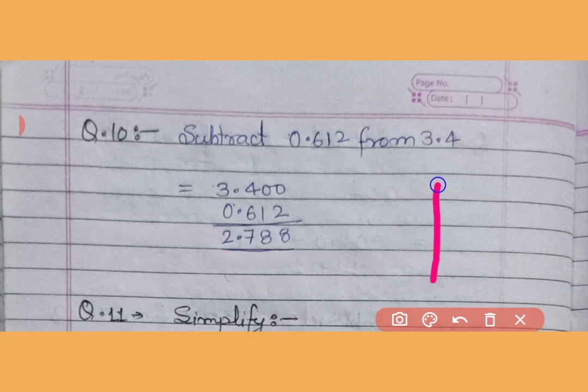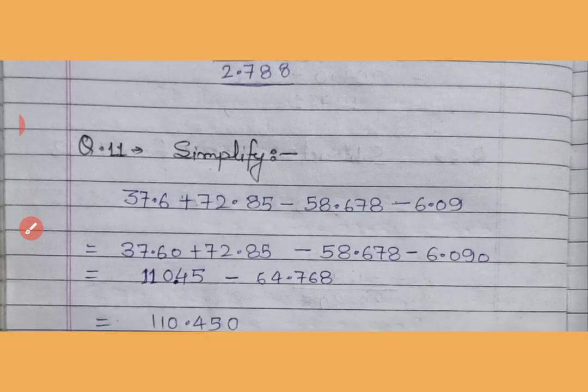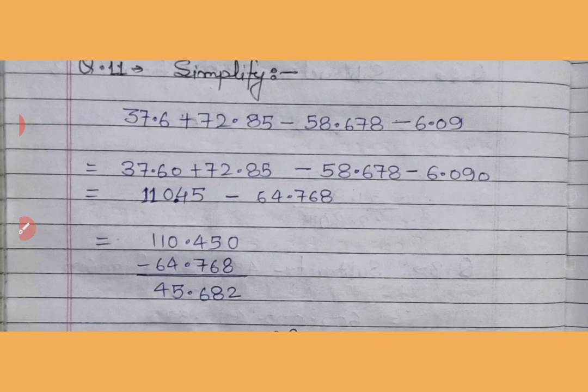Next question is given for simplification. In simplification, as we have studied in the chapter on simplification, we have to follow the rule of BODMAS. Firstly we have to solve the bracket, then division, multiplication, addition, then subtraction. Here multiplication and division are not given, so firstly we will solve addition. As you know, positive numbers will add together and negative numbers will add together.